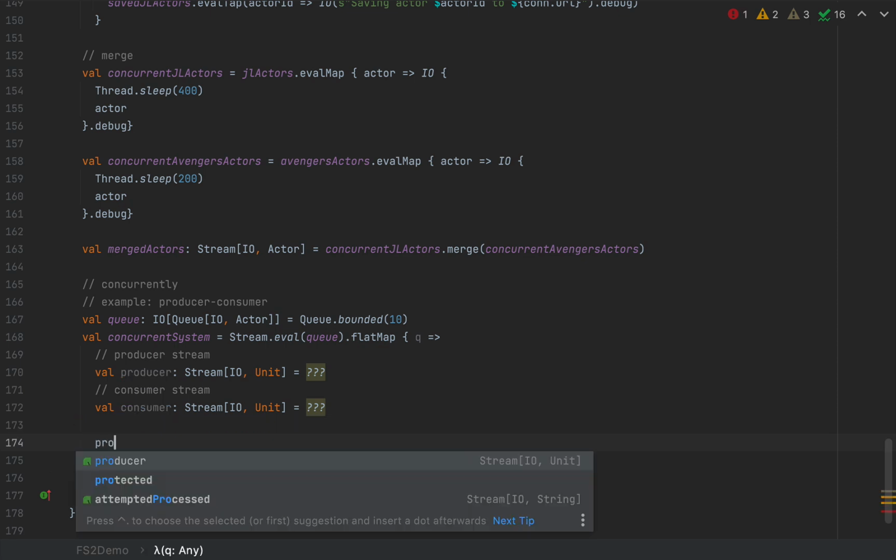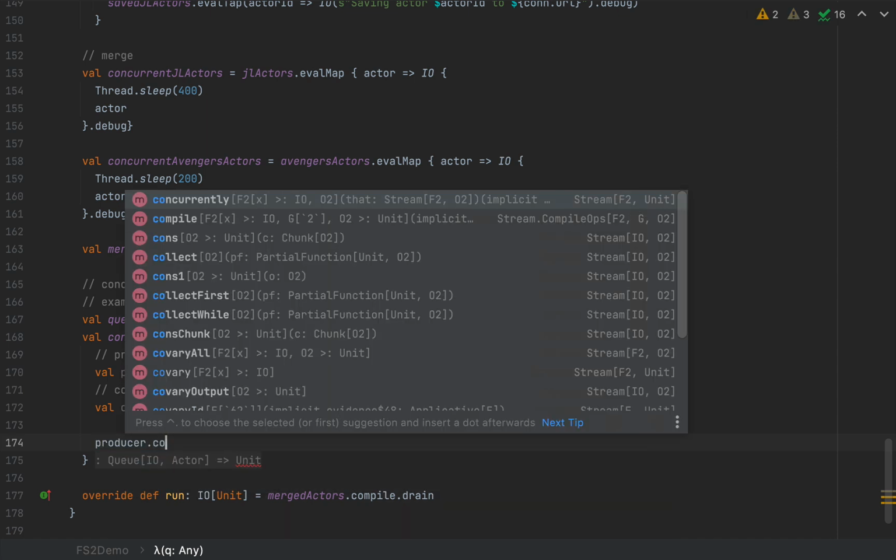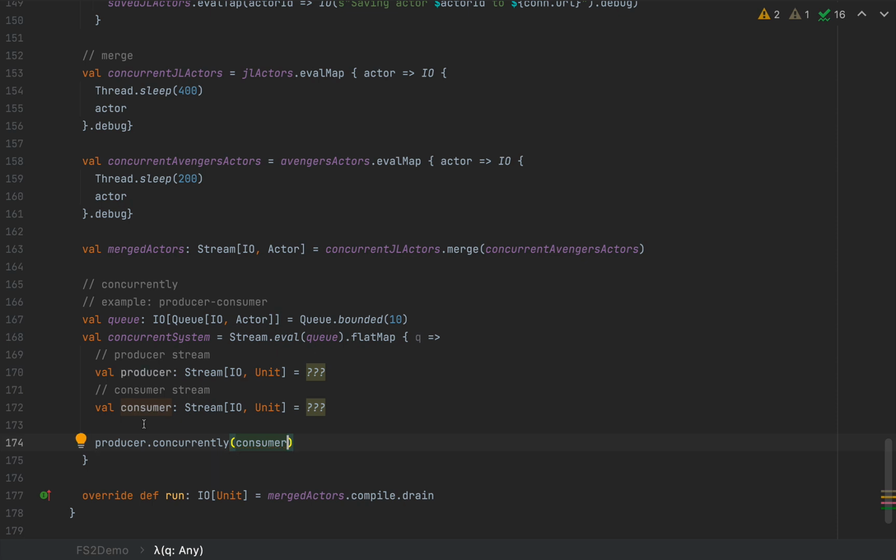So I'm going to have producer.concurrently with consumer. And this is a composite stream. Now, this is particularly useful for streams whose value types are Unit. And I'm going to define my producer and consumer streams. Let's say I'm going to have my GL actors,